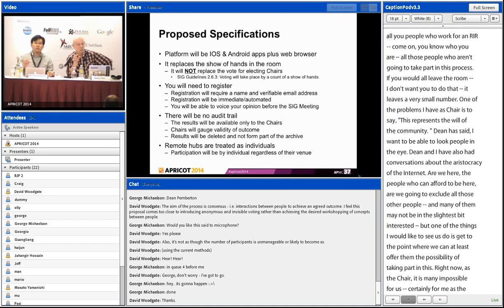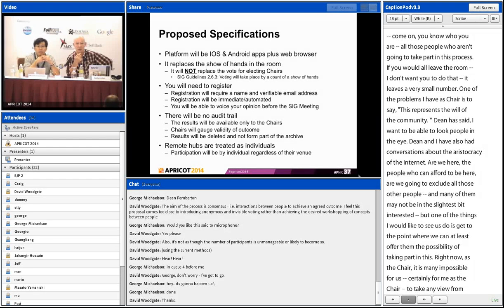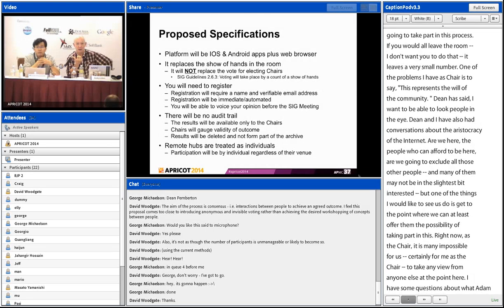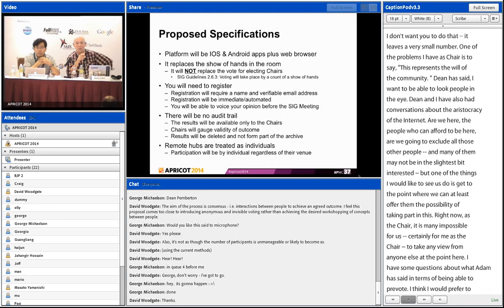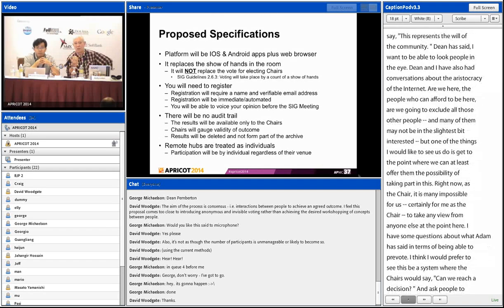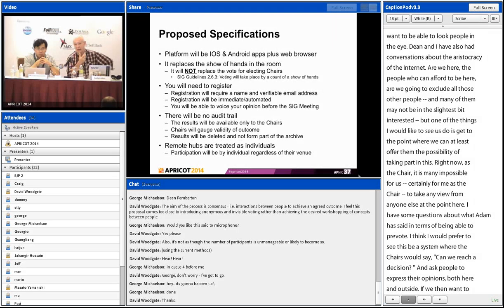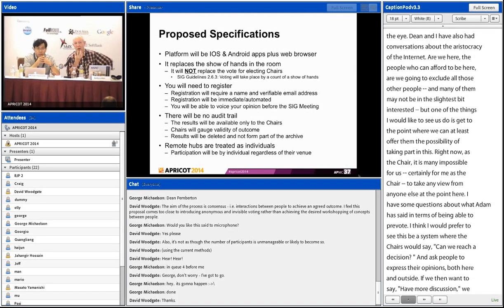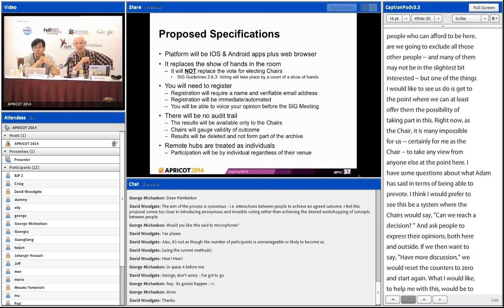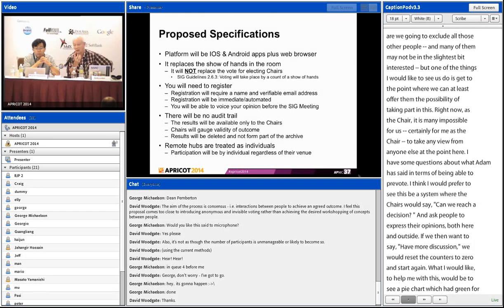I have some questions about what Adam has said in terms of being able to pre-vote. I think I would prefer to see this be a system where the chairs would say, can we reach a decision, and ask people to express their opinions both here and outside. And if we then want to have more discussion, we would reset the counters to 0 and start again. What I would like, to help me with this, would be perhaps a pie chart which had green for consensus and red for not consensus. And if it was very green, it would help me an awful lot